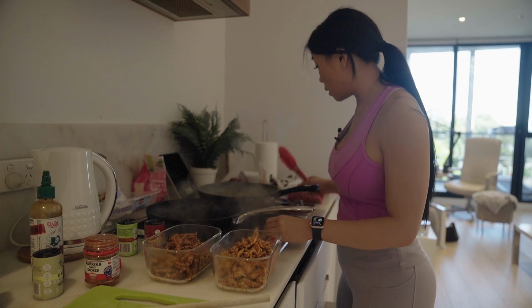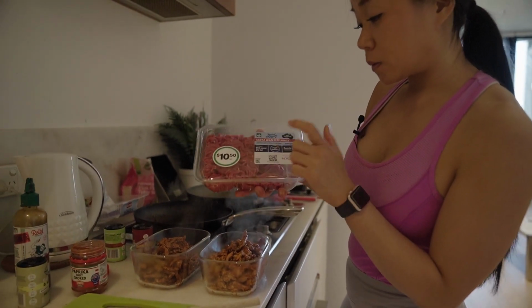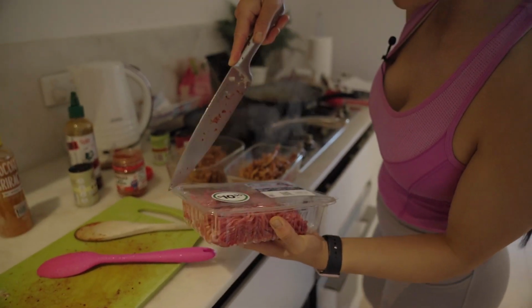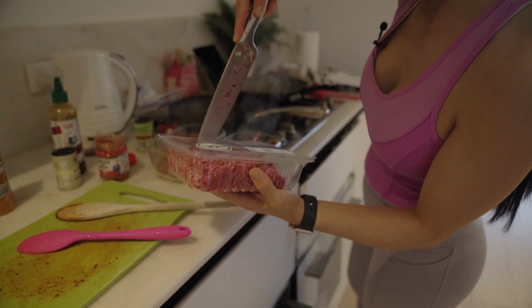While they're still both on, I'm gonna cook the lean beef mince, and I want to show you guys exactly how I cook it. I don't weigh it because I'm pretty sure I've been having this